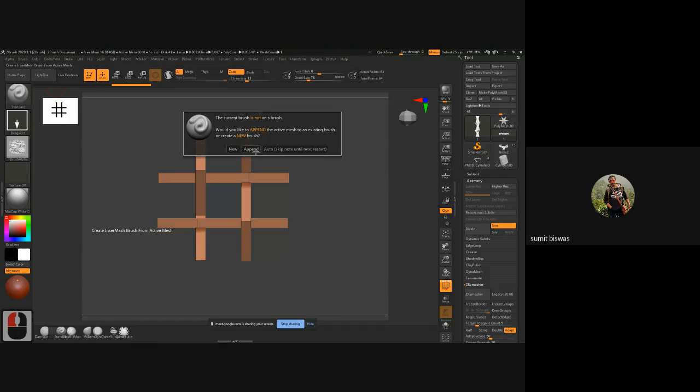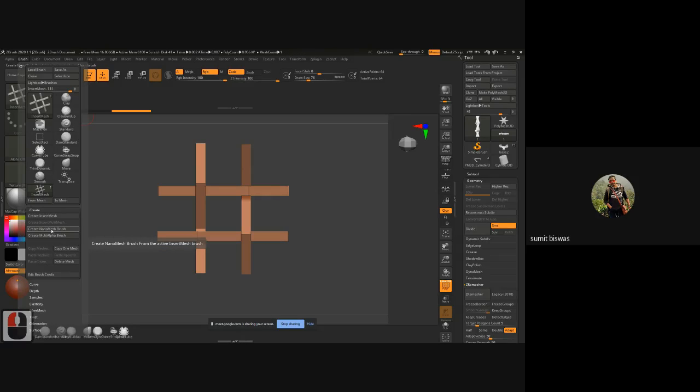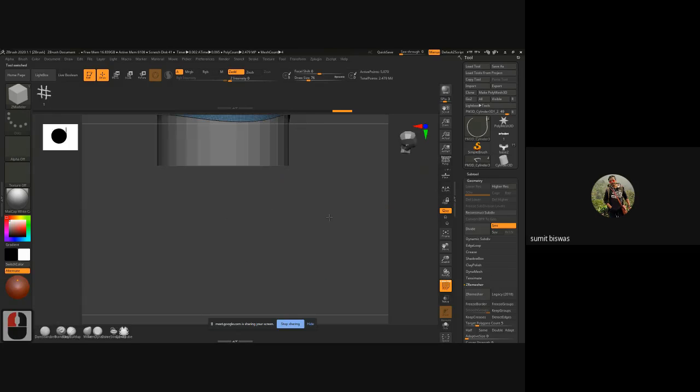Insert mesh, it will ask what you want to do, create a new brush or append a brush. I want to create a new brush. Create it, you can see instantly it becomes a brush. But it's still only a brush. We have all those brushes where you can drag and add geometry. It will work exactly like that, but I want to use it as a nano mesh. With that brush selected, click on create nano mesh. The moment you click this, you can see it changed to ZModeler, and you still have that model selected. Now go back to that surface,